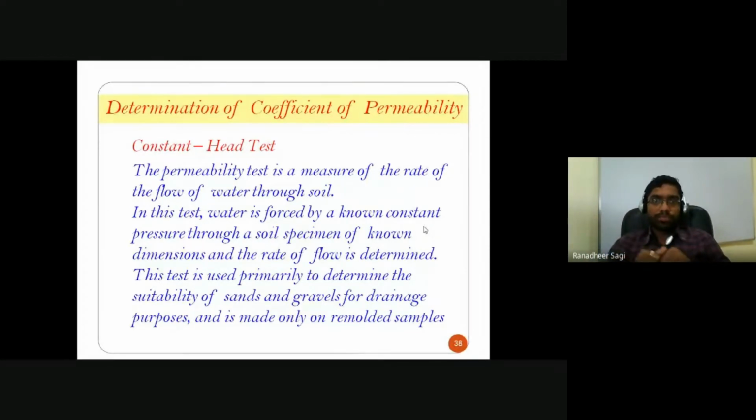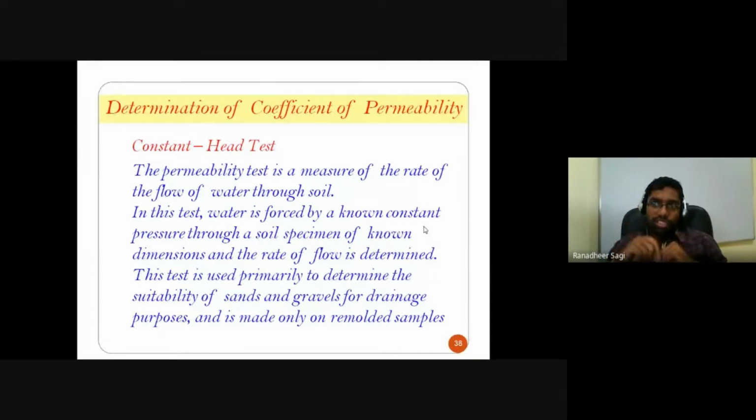the soil sample. We generally take a cylindrical soil sample in a cylindrical mold in the test. Okay, once I say it's a cylindrical soil sample, it has a constant diameter, which you know for that soil sample which you have considered in the test. The diameter of the soil sample is known. The height of the soil sample, or in fact I can say the length of the soil sample you are using in the test, is also known. So I can now move ahead in understanding the cross-sectional area of the soil sample, as the diameter of the soil sample is known. Then what else is not known to me?